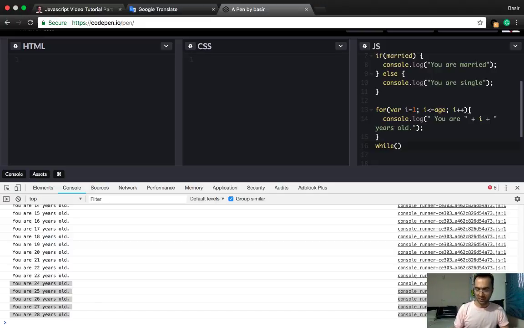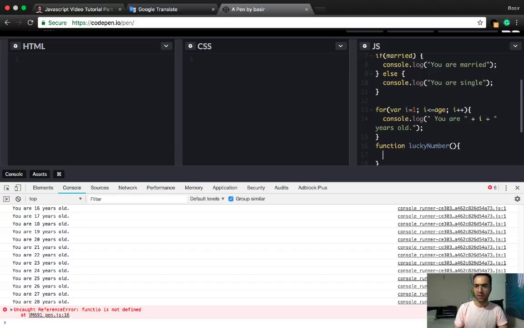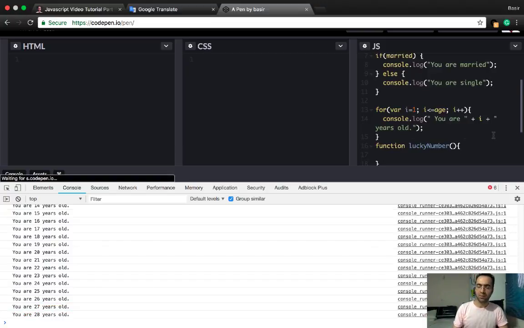Let's create a game which is a lucky number, and we create a lucky number from 1 to 20. Let's create a function luckyNumber, and to create random numbers we use Math.random,